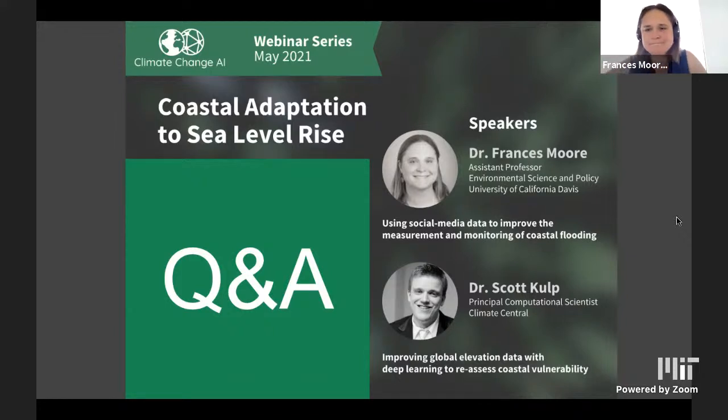Certainly. And so we'll move on to the next question, which is addressed to Dr. Kolp. Coastal DEM is referenced to the EGM96 geoid, I believe, which has been improved on in more recent years in the case of EGM2008 and the forthcoming EGM2020. It seems like for vulnerability analysis, some low-hanging fruit might be to convert elevations to a more accurate geoid model. Have you considered that in Coastal DEM? Seems like this would be separate from the neural net model, but maybe a useful conversion. Or is there a reason one wouldn't want to do this?